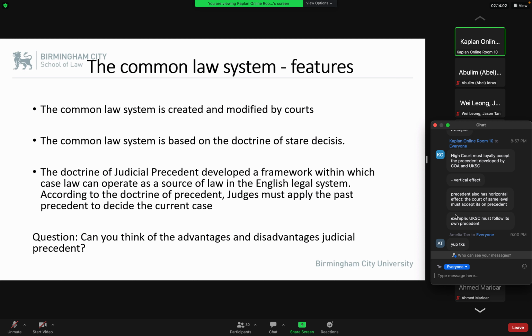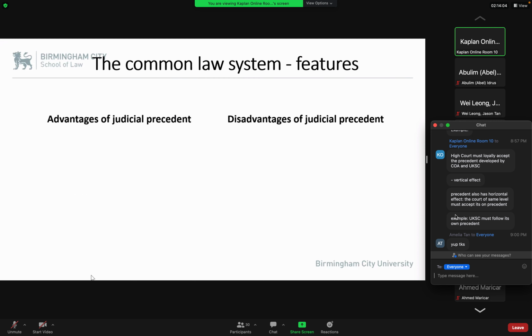So I want you to now fill in these advantages, disadvantages. Please don't do any Google search. I want you to think independently. So in my lessons for this module, because I said in your research you need to be evaluative, right? So through this activity, I'm training you to think independently and be evaluative.